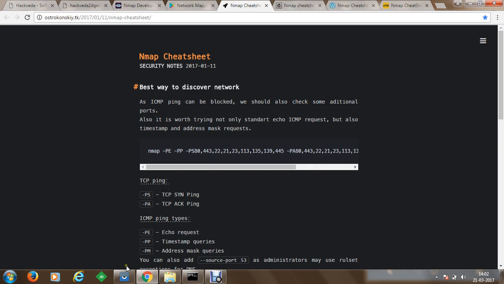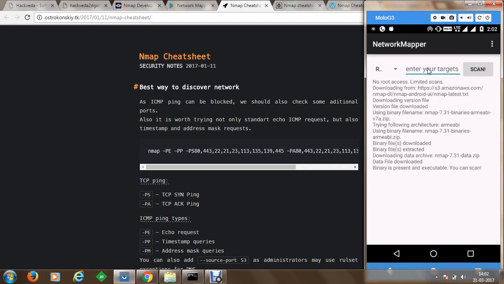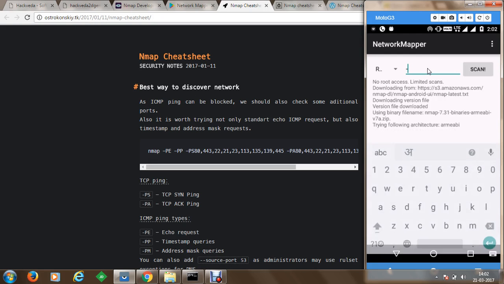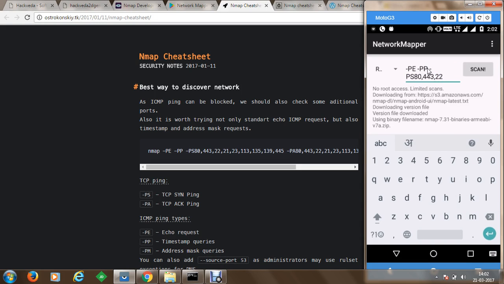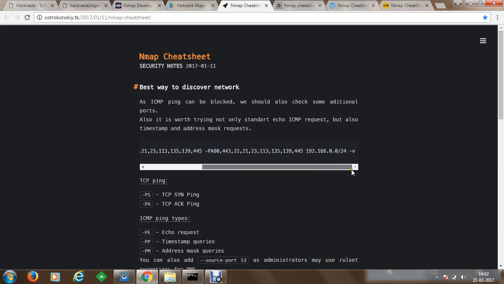To do this, we'll go to our mobile device and perform the scan. Since we are already on Nmap, we're going to make use of option -PE, option -P, port specified. Let's say we'd like to specify some ports like 80, 443. Let's say we would like to scan 22, 21, SSL port 23, and many more ports are available which we can use. Later we can proceed to the next part and specify the target, the subnet mask, and verbose.